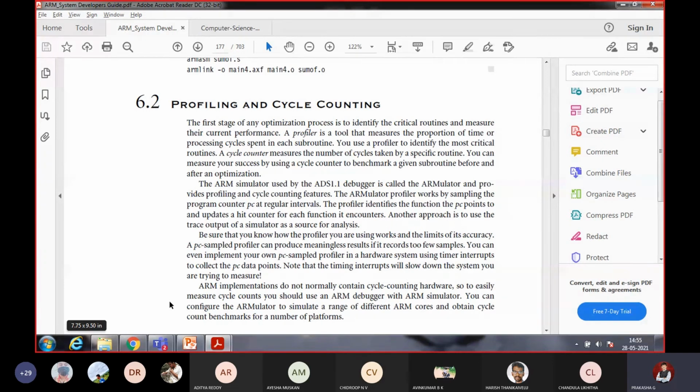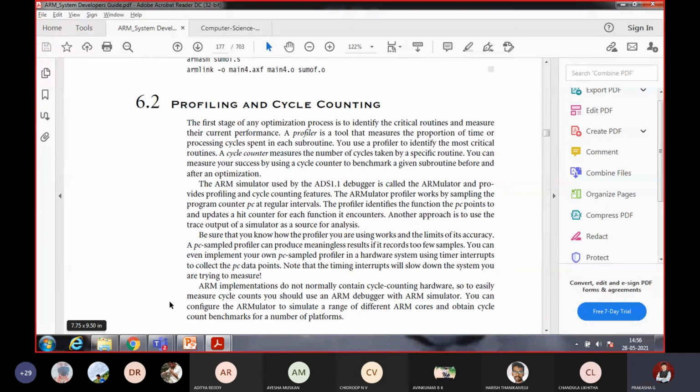So in any embedded system, time is critical, very, very important. You should see that it is processed within 5 seconds or within the given amount of time, so that the other process can start doing the work over there. So this is how profiling and cycle counting and critical routines work, you have to check it out. A profiler is a tool that measures the proportion of time or processing cycles spent on each subroutine.